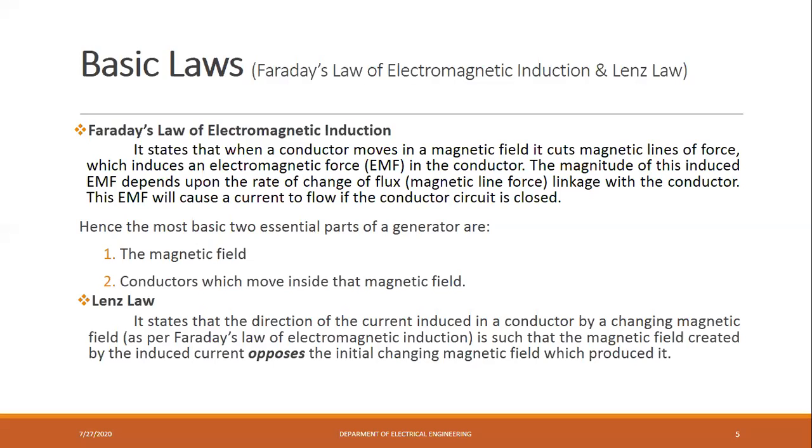Whenever that current is flowing, the direction of the current due to that induced EMF, as per Faraday's electromagnetic law of induction, the direction of the current induced in a conductor circuit is such that the magnetic field created by the induced current